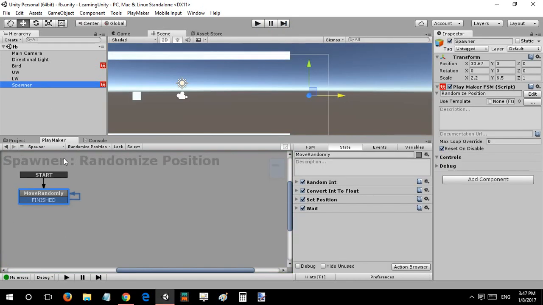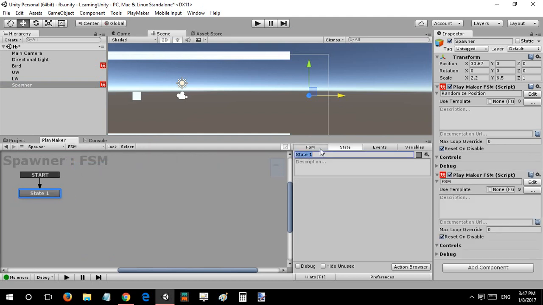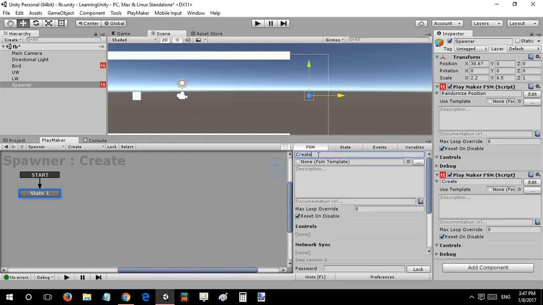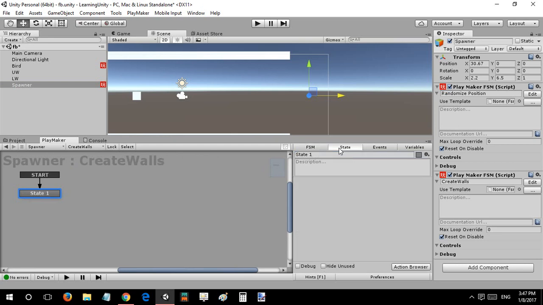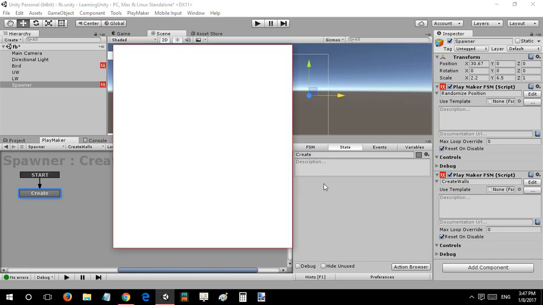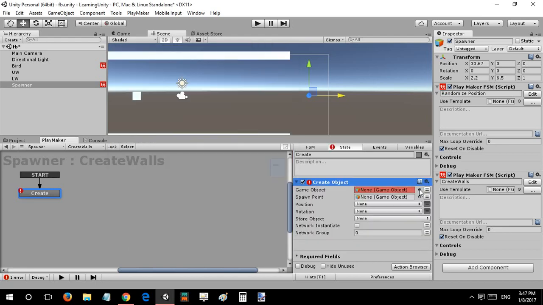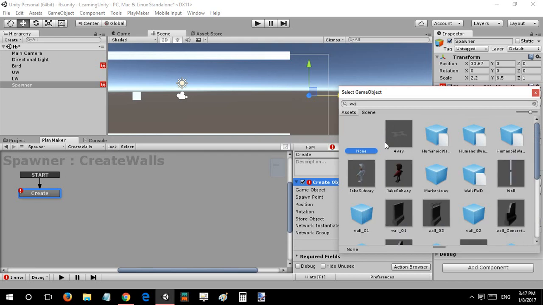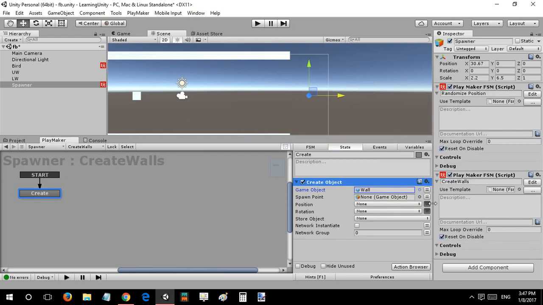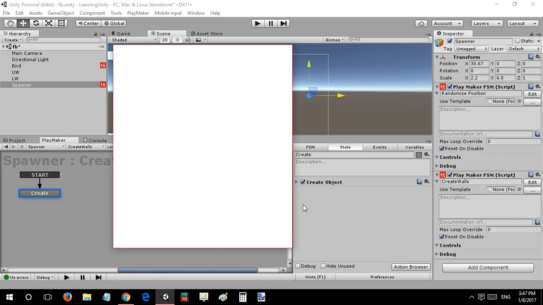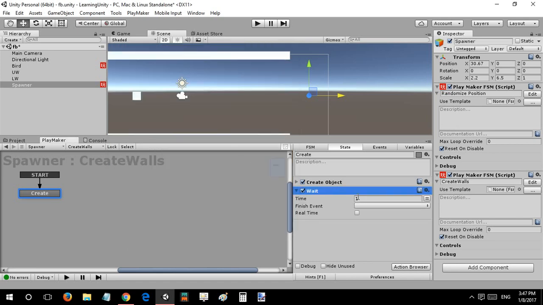and we need another FSM on this, and this is going to be create walls. Now create walls will be create, I'll just create object. It is as simple as that. We will create a game object called wall, and this is going to be our game object, and the spawn point would be itself. Position and rotation, we need not do anything about this, so I'll just wait,